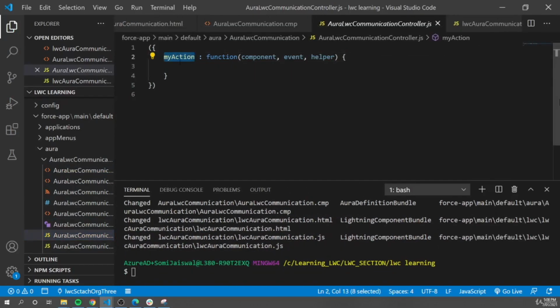We'll change this default name to our method name. It will receive the first argument as component, the second one is event. Let's remove the helper, we don't need the helper. And then what we're going to do is we'll create a property